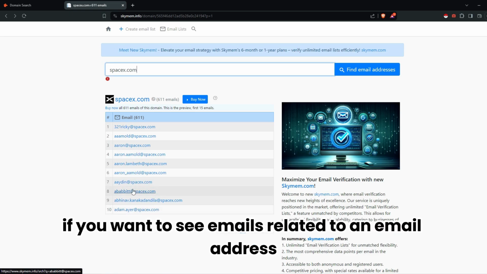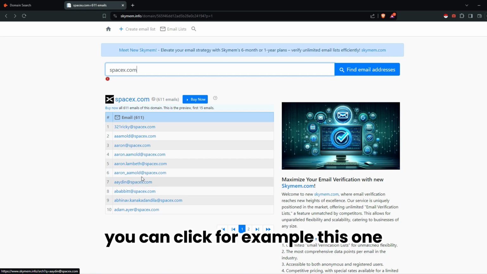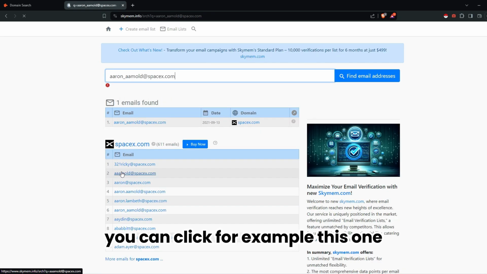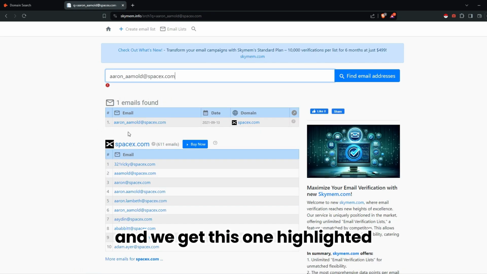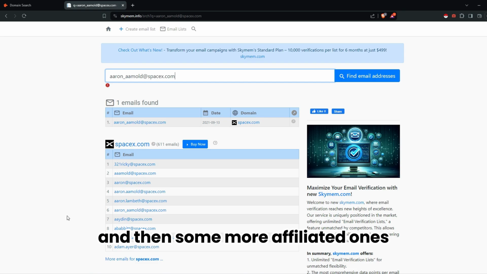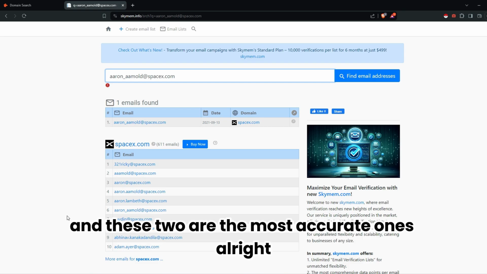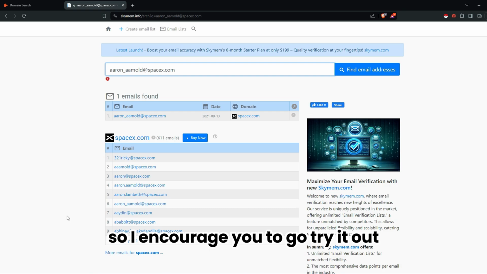If you want to see emails related to an email address, you can click, for example, at this one and we get this one highlighted and then some more affiliated ones. There are some other tools for this task, but usually behind a paywall, and these two are the most accurate ones. Alright, so I encourage you to go try it out,